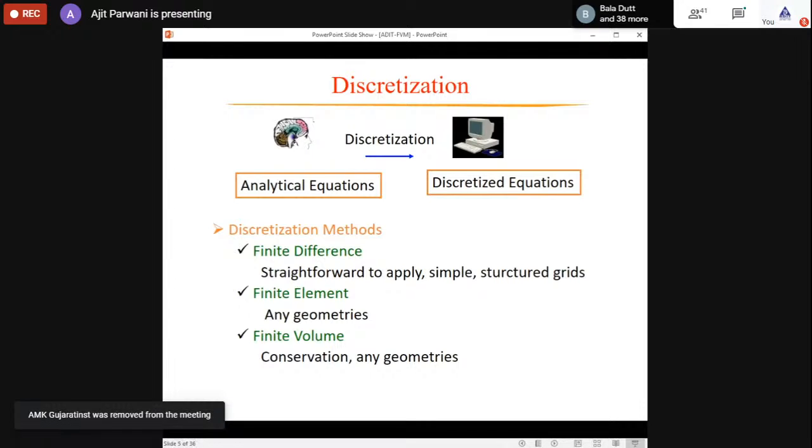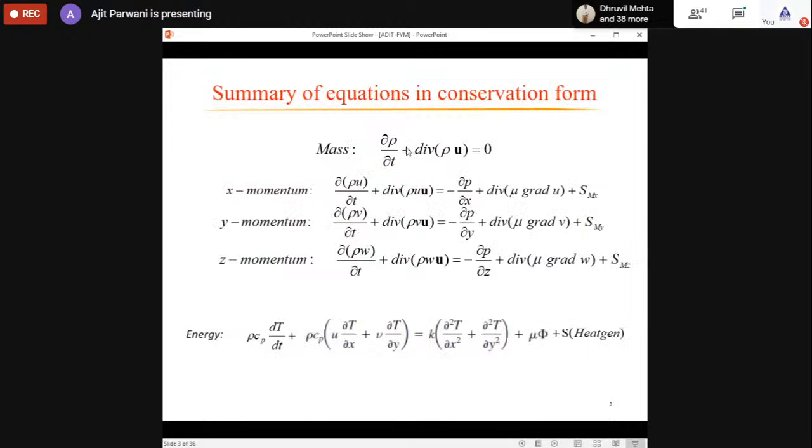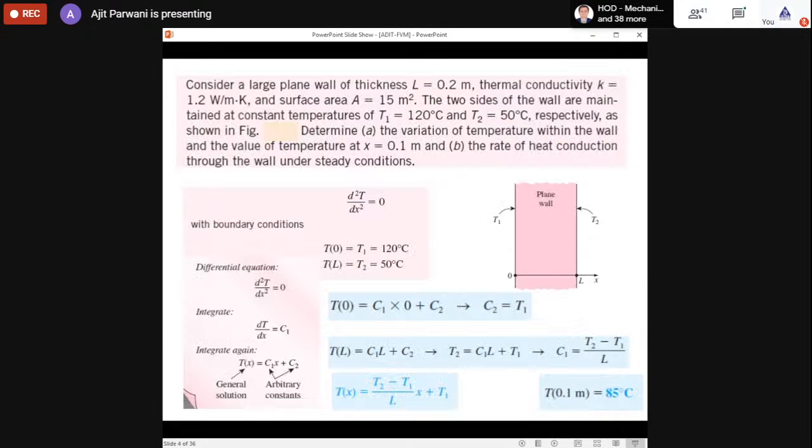Okay, so what is the problem with the computational technique? The problem with the computational technique is that the computer does not understand the partial derivative terms. You will see the equations contain partial derivative terms, and the computer does not recognize these. So in order to solve it computationally, we need to replace these partial derivative terms with some appropriate numerical form, and the process is called discretization.